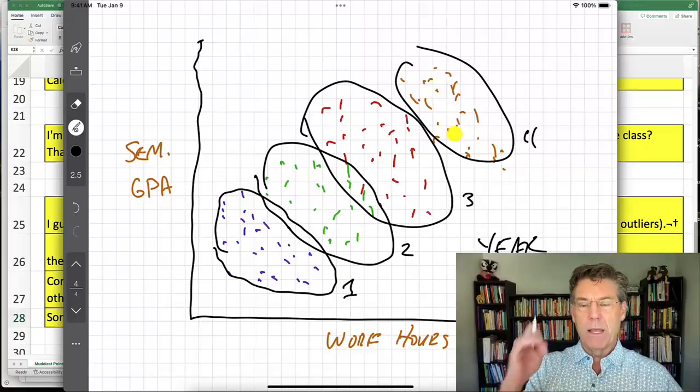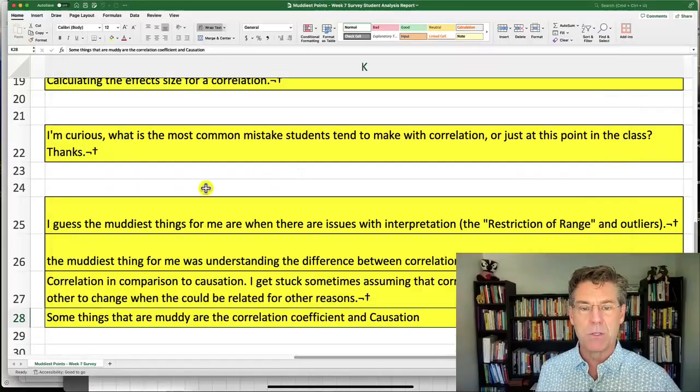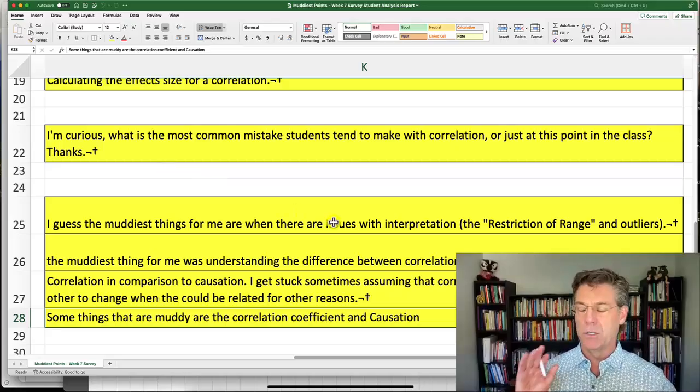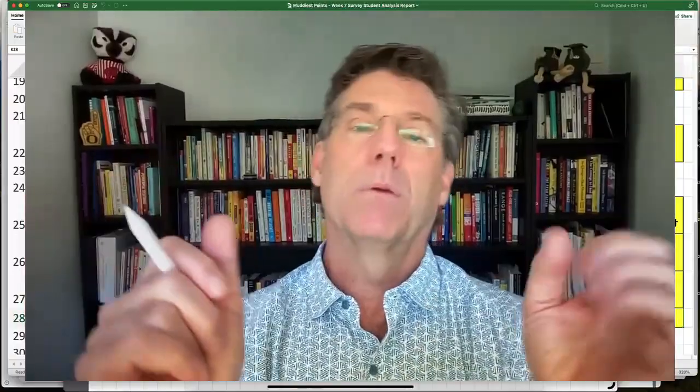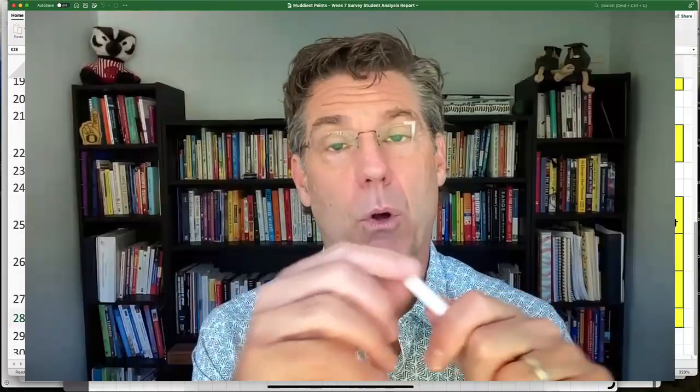The simplest way to approach the most common mistake people make is: correlation does not mean causation. All you know when you get a correlation, if it's statistically significant, is that those two variables are connected to each other. Positive, as one goes up, the other goes up, and negative, as one goes up, the other goes down. But that's pretty much the limit of it. People, and your brains, will want to go to a much more meaningful interpretation, because they're programmed like this, which is understandable but incorrect.